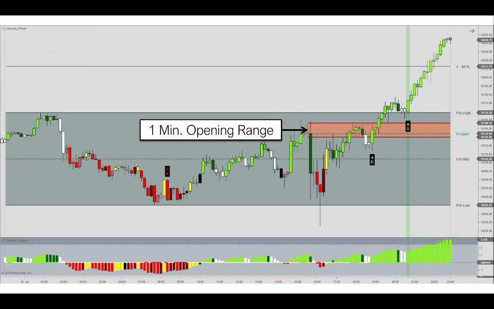Rather than using the open specifically, I prefer using the first minute of trading. It's less arbitrary than simply going with the first tick of the session. A lot happens during the first minute of trading, and using that range will give you a more stable trend bias for the session. This is a 10-minute chart of the NASDAQ. The first minute of trading is plotting near the overnight high, then a test of the overnight low before we see the market